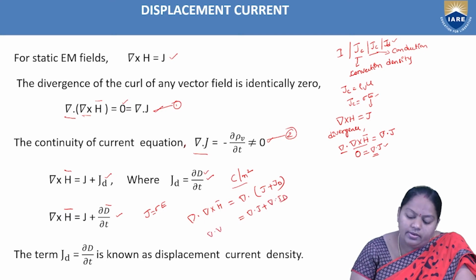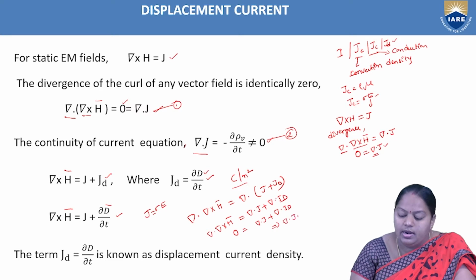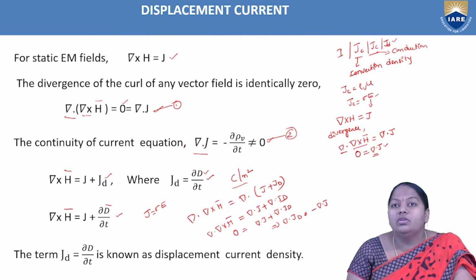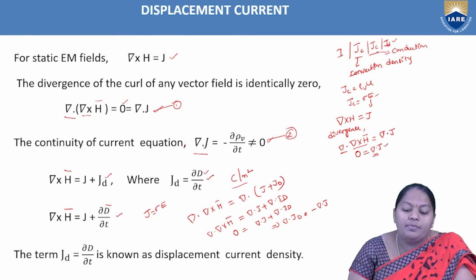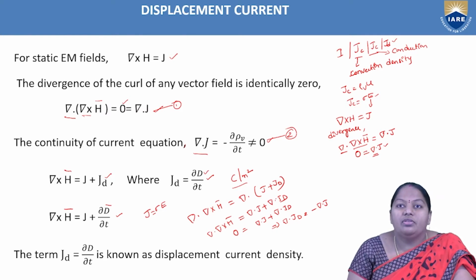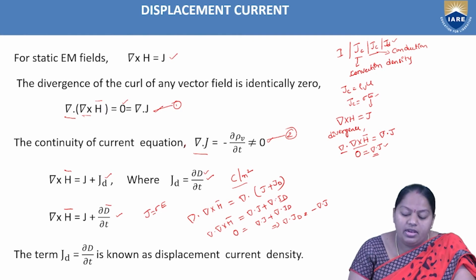So del dot del cross H bar, according to the vector analysis, is equal to 0, but from this we get del dot J plus del dot JD. Now from these two we get del dot JD equal to minus del dot J, which is not equal to 0. So this is the way the conflict between the vector analysis of Ampere's Circuital Law and the continuity of current equation is eliminated, by the modified